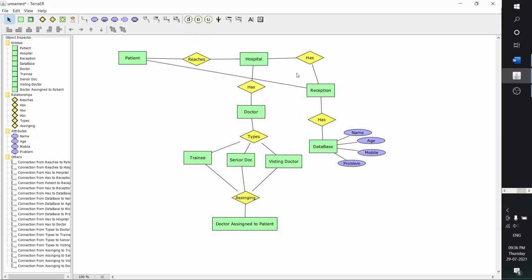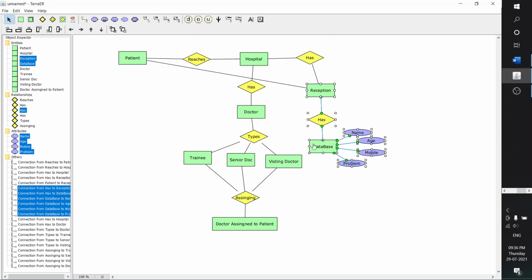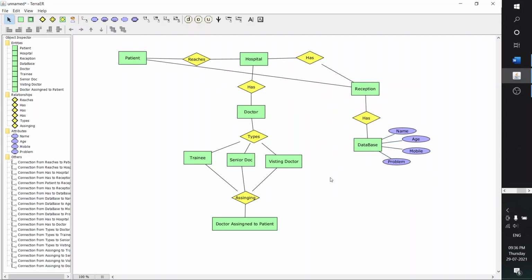Let me move this aside. Database assigns, sorry for the spelling mistake, so database assigns doctor as a type, assigning a doctor to a particular patient.